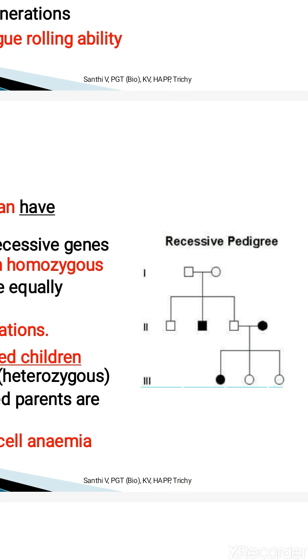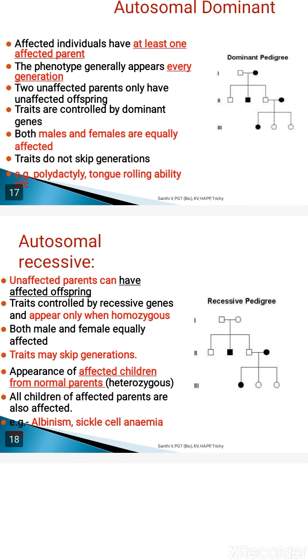So how can you easily find out whether it is autosomal dominant or autosomal recessive? First, observe whether the character is autosomal, meaning it is exhibited equally in both males and females. That is the first thing. Second, when it skips a generation, you can tell it is autosomal recessive. When it does not skip and is shown in each and every generation, that is autosomal dominant. By observing these two main points, we can easily tell whether the trait is autosomal dominant or autosomal recessive.